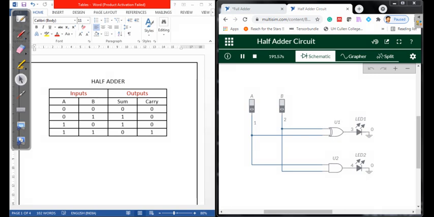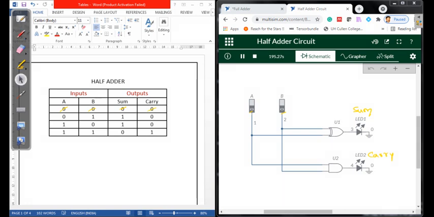First combination is, say A is 0, B is 0. So here I have A, B, that is given as 0 0. You can see this is 0 and this is 0. For 0 0 both the LEDs are off. Here I'll just write, this is a sum equation, that is an XOR, and this is a carry, so there is an AND. Since both the inputs are 0 0 and the outputs are also 0 0, if you just observe, sum is also 0, carry is also 0.